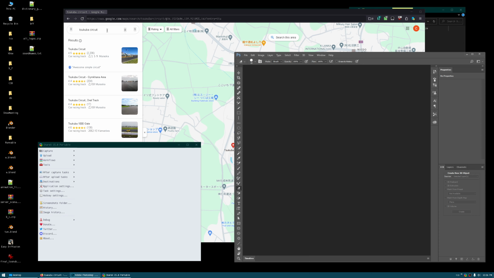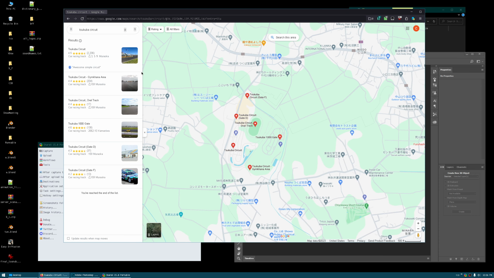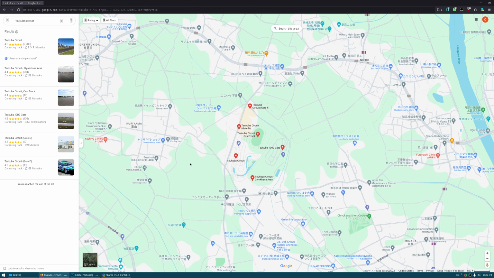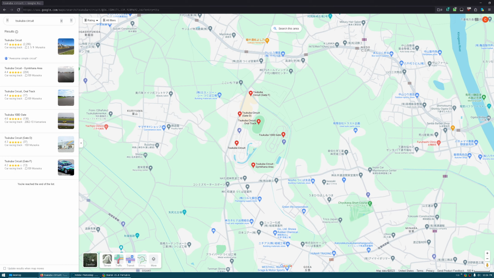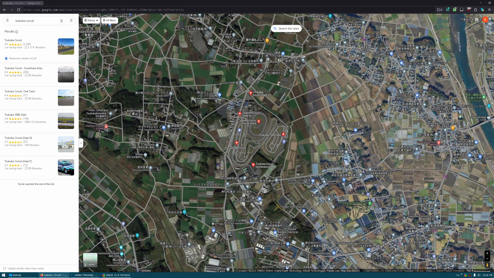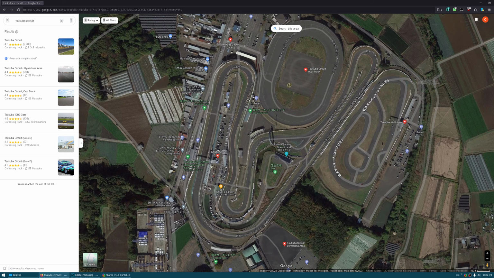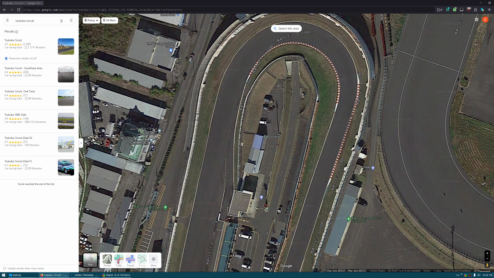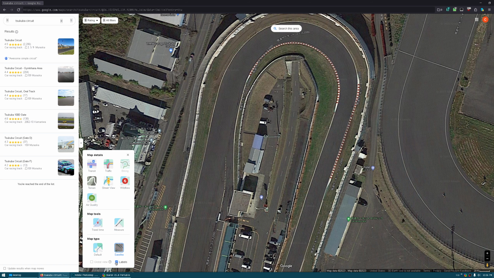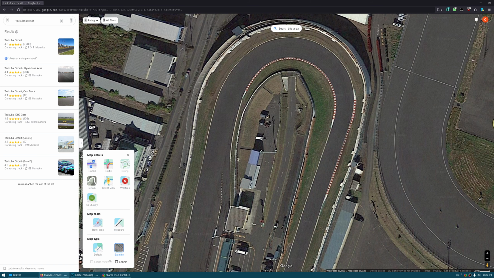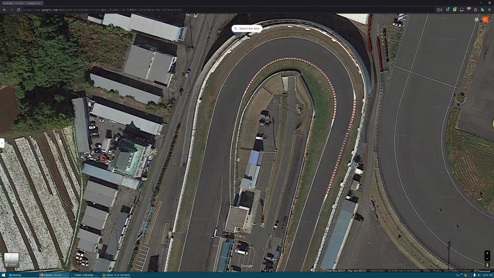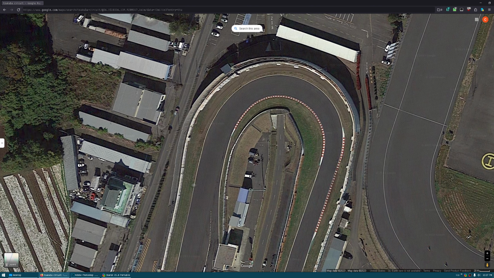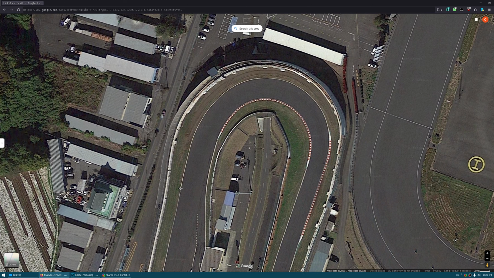So first head over to maps.google.com on your browser and search for Tsukuba circuit. And once you're there, switch to satellite, zoom in, like so. And on the option where it says more, just unselect labels. That will clean out the interface, so we don't have to deal with a lot of more information that we